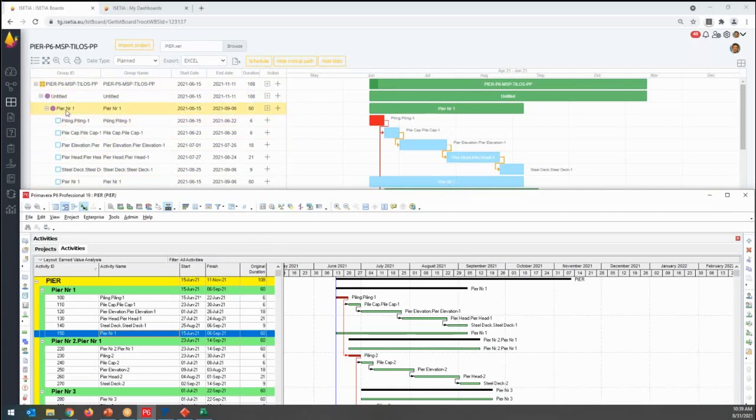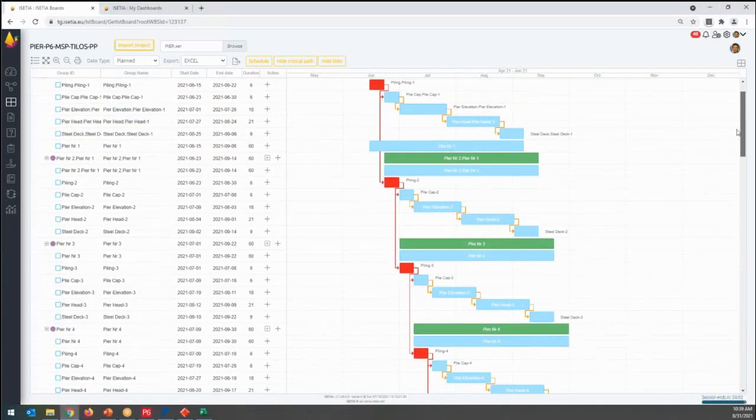Activity work breakdown structure name is pier number 1. Piling, pile cap, pier elevations, and here I have a piling. One activity is critical, and you can see these are the activities here.